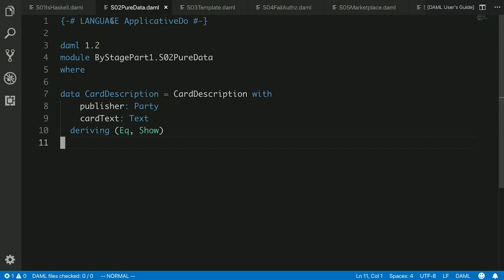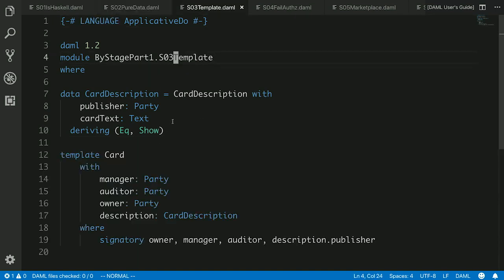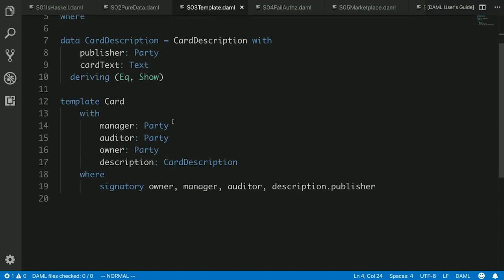So here's a description of a card. It's been issued by a publisher, and it has a card text. We'll abstract away from that. DAML extends Haskell with this concept of a template. This is a data structure that defines a number of type classes implicitly that allow it to interact with the ledger, that allow it to participate as part of commands, as part of transactions.